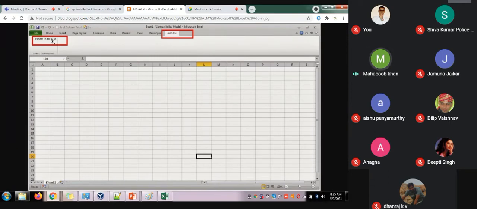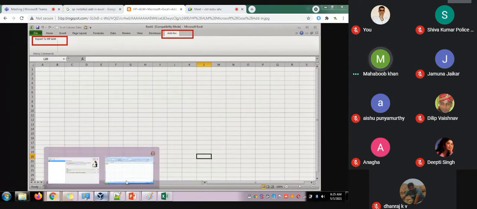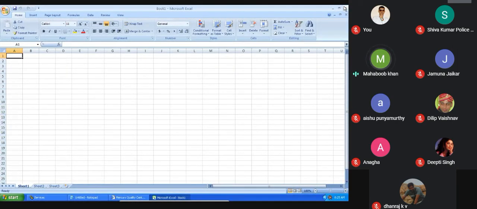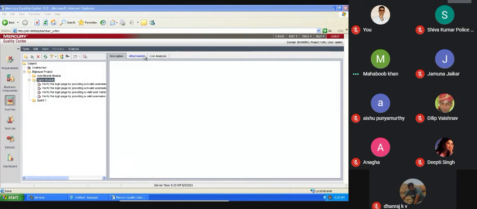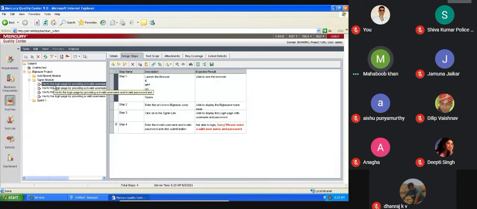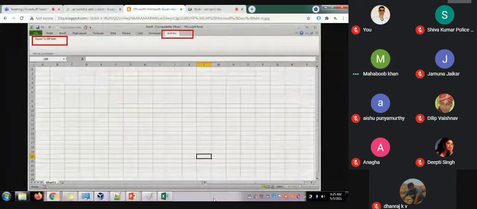This is what I was telling. Once you click this, a window appears asking which column you need to map. Once you map those columns, it will directly fall here. We need to physically give these mappings from the Excel sheet to this particular Quality Center.